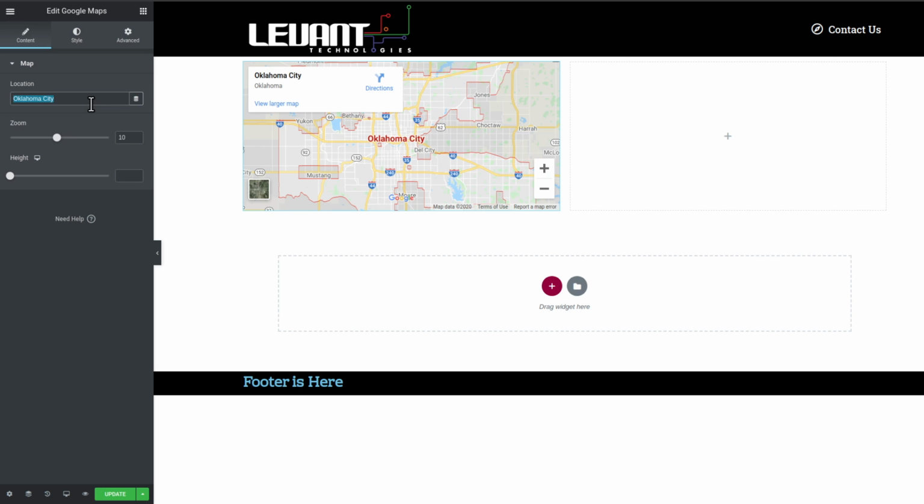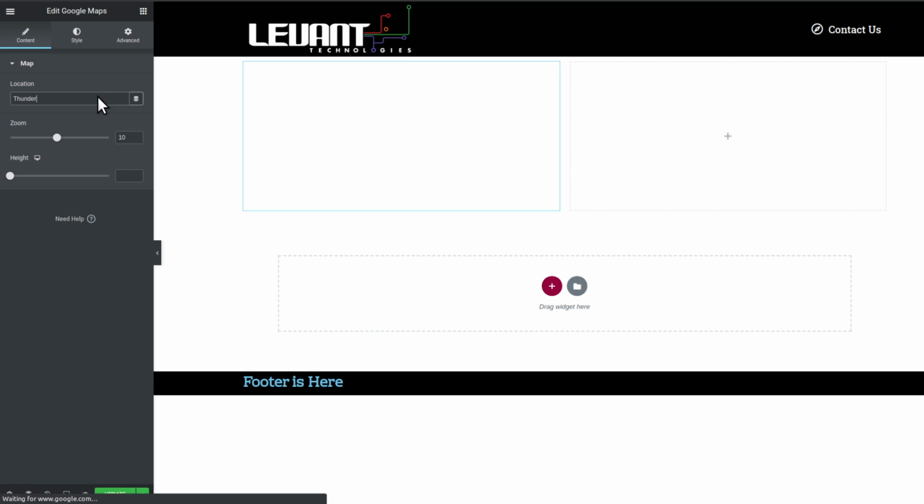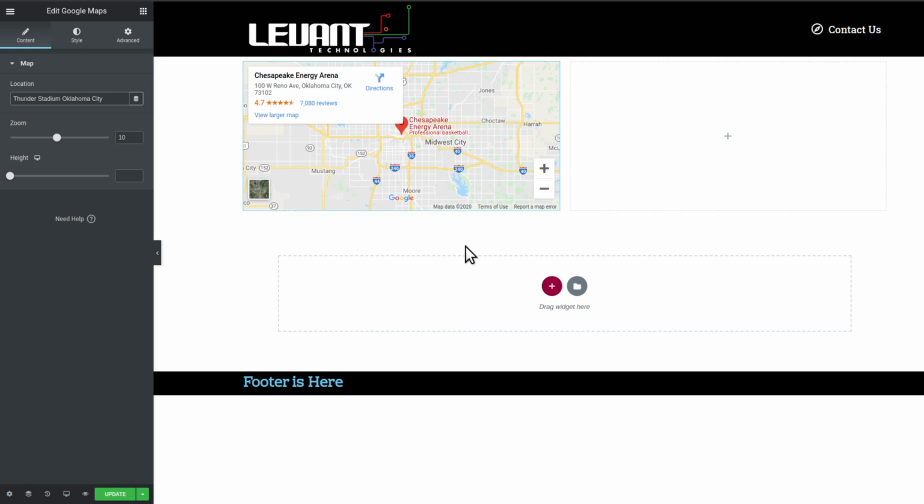Or if you have a specific address or specific building, you can also put it here. So let's say if I want to put a specific address, let's say Thunder Stadium, Oklahoma City. As you can see, it shows Chesapeake Energy Arena. So I technically should have written Chesapeake Energy Arena in Oklahoma City, but it goes to show you that you don't have to be extremely precise to pinpoint the location that you want to show